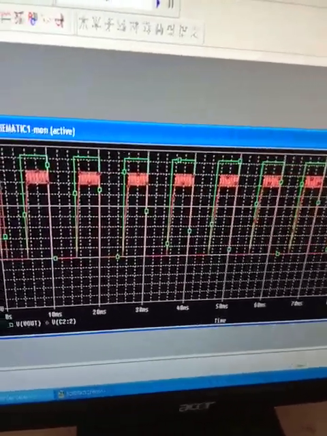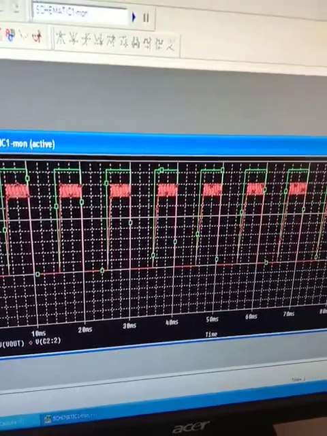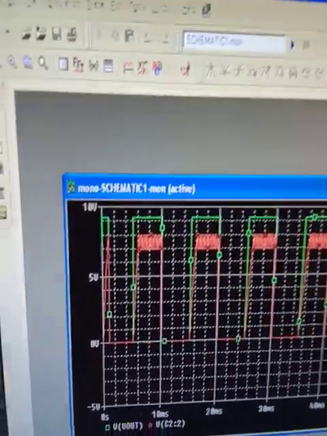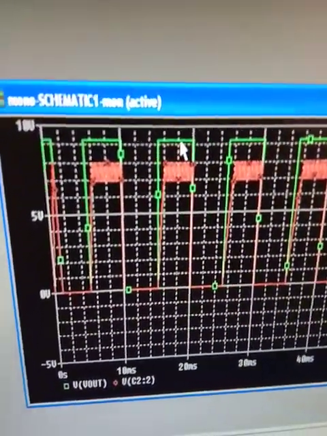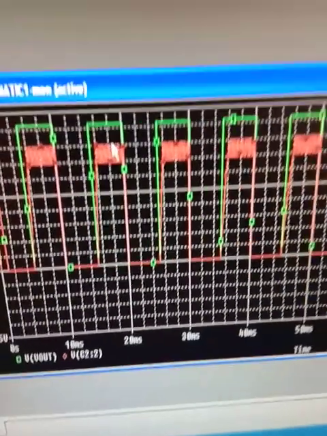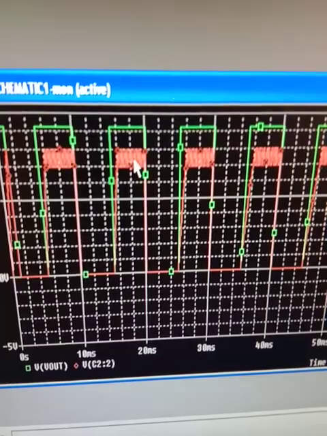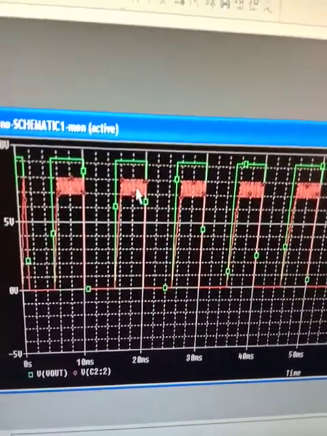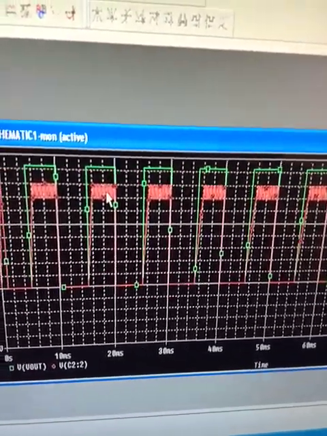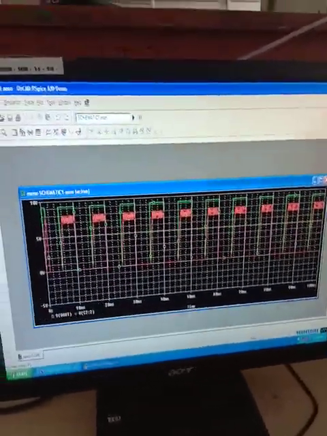Can you see the output? The green one is the output voltage and the red one is the capacitor charging and discharging. Please make a note of the amplitude of the output voltage, and also the amplitude of the charging and discharging. The amplitude of the output voltage should be approximately equal to VCC, and the amplitude of the charging and discharging value should be from 0 to 2/3 of VCC. Please make a note of this. And you have to draw the graph on the graph paper. So this is about monostable multivibrator.